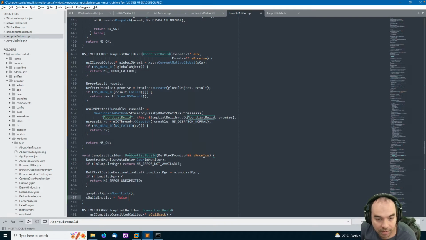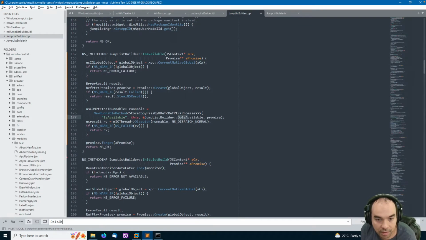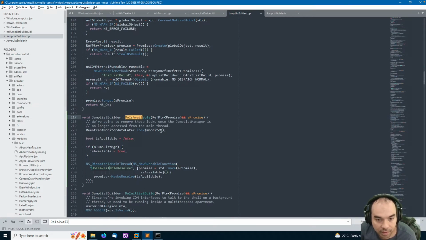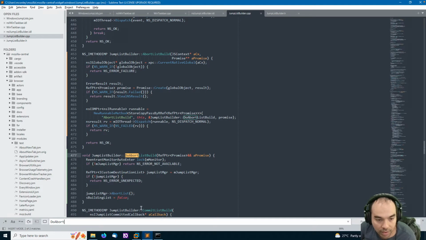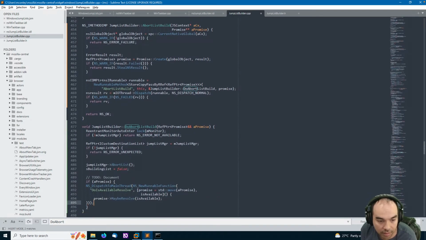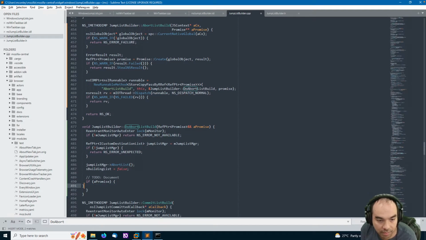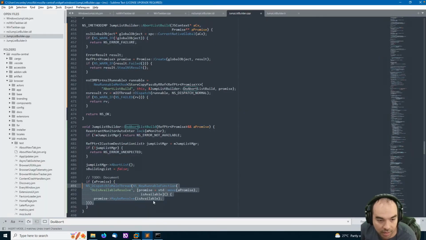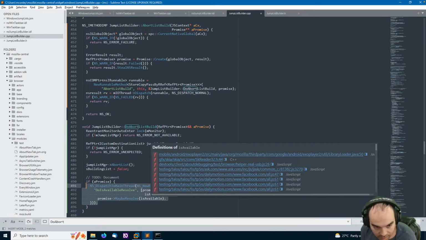And then we do have to take the lock. Do is available. And then this is how you resolve it. Now, here's where we do our special thing, which is that if a promise, and we should document this, then we're gonna resolve that promise.